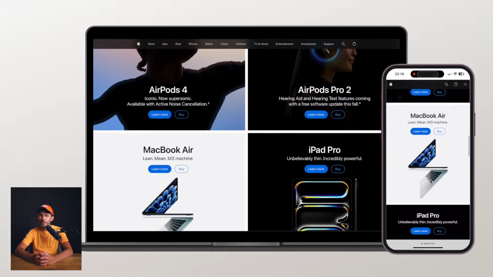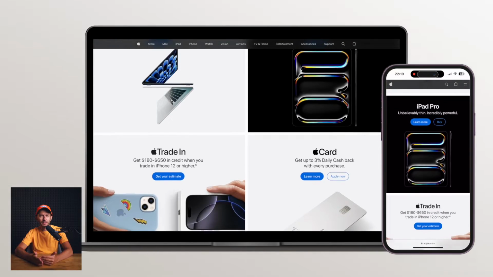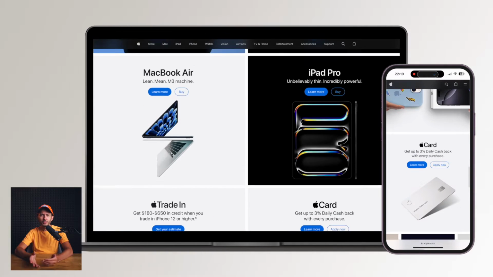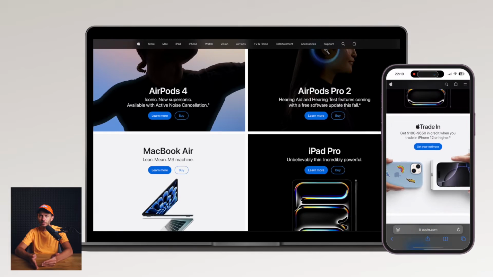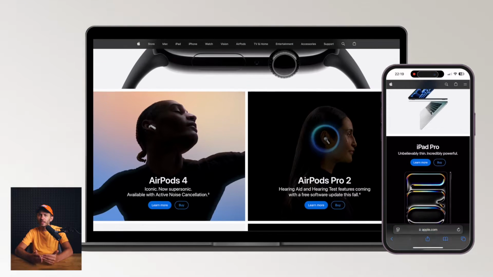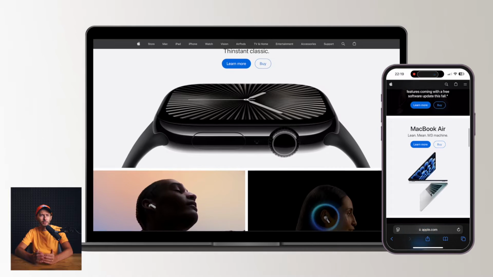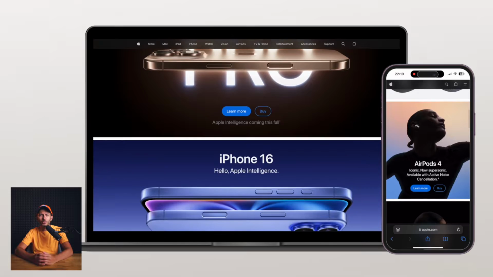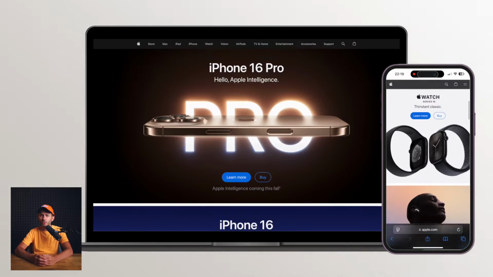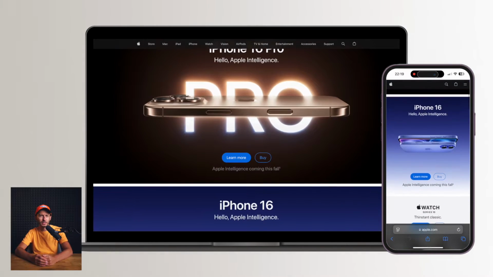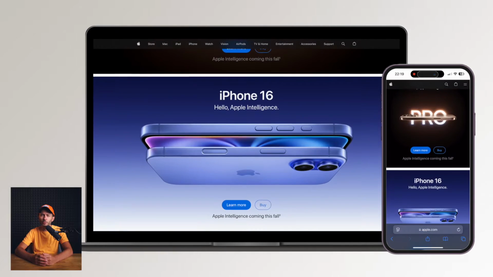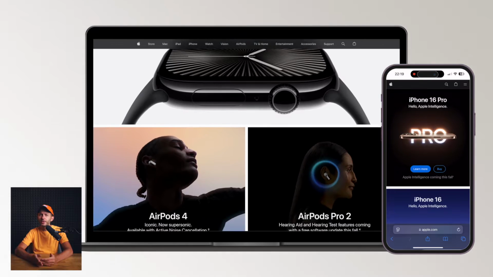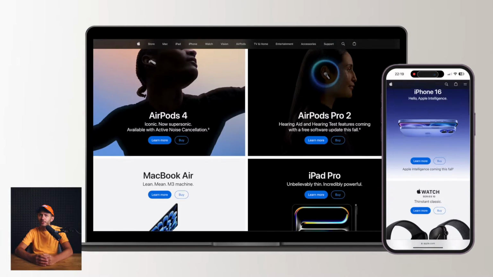The first section grabs attention with the iPhone 16 Pro model. What stands out right away? Large, bold typography and a minimalistic background. The phone graphic is at the center, and the bright contrast with a dark background makes the product literally pop off the screen. Apple knows how to use light and shadows to give the product a premium feel. The CTA buttons, Learn More and Buy, are simple and intuitive, guiding the user directly to a purchase and further